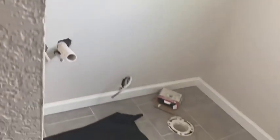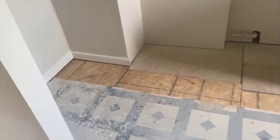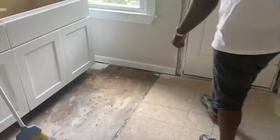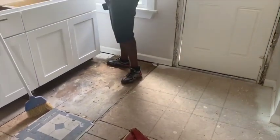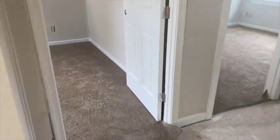Bathroom is kind of small, but they gotta install the toilet and the vanity over here. This is the bathroom. So they evened out the floors that we spoke about earlier today. This is on the other side. And they did the carpet over here. So tomorrow